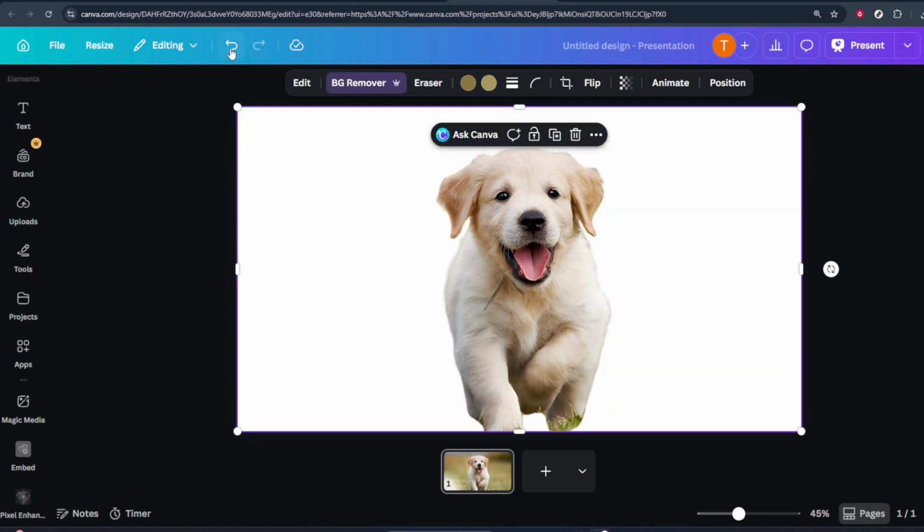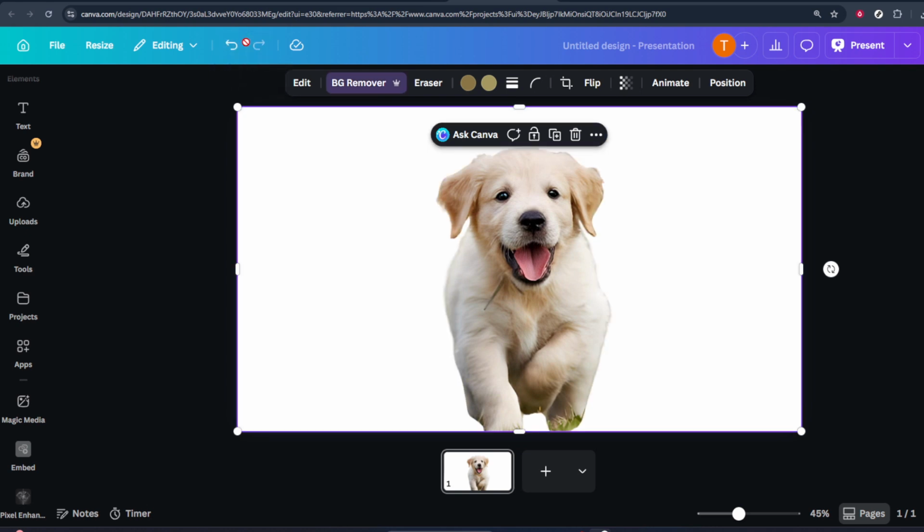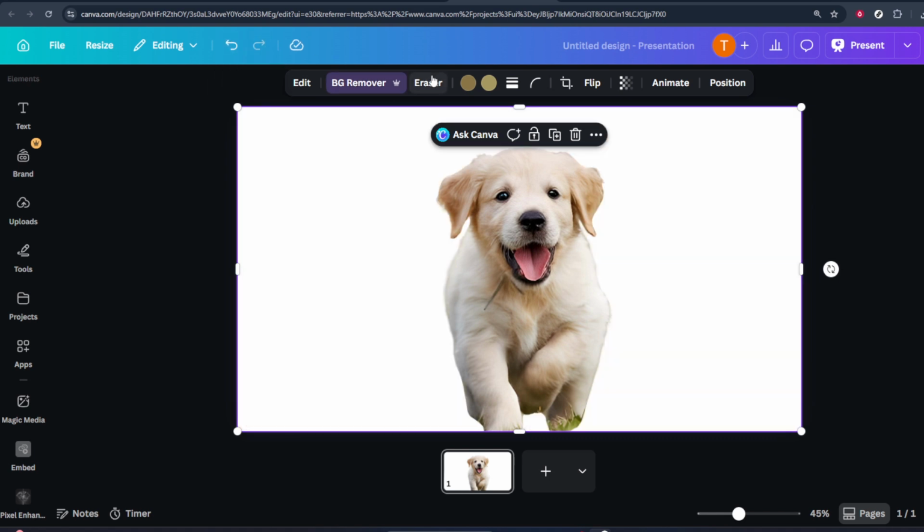Look toward the top of your Canva editor for the undo arrow icon. It's usually found near the left side of the top toolbar. Click on that undo arrow once and Canva will revert the last action you performed. If your most recent action was removing the background, clicking undo will bring your original image back, complete with its